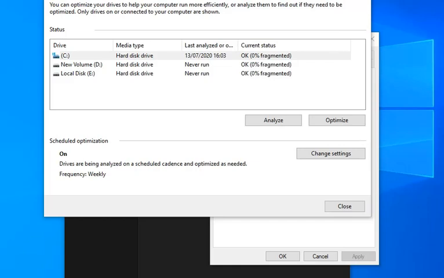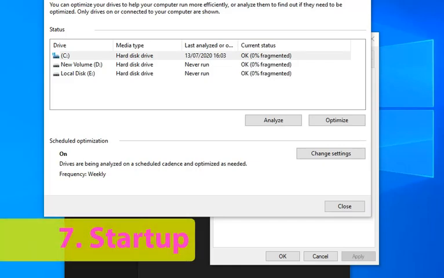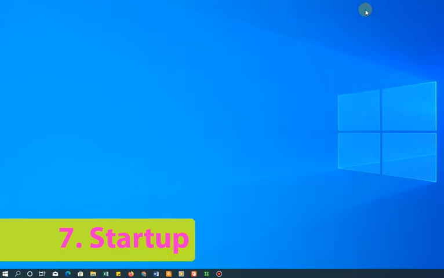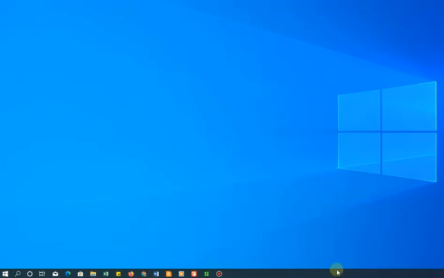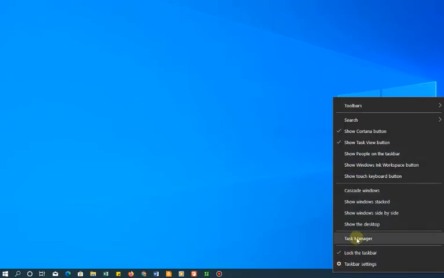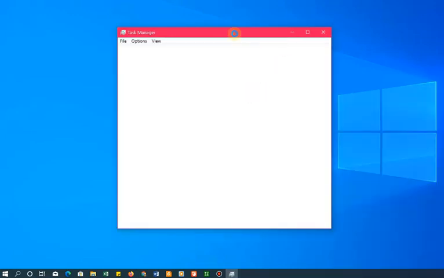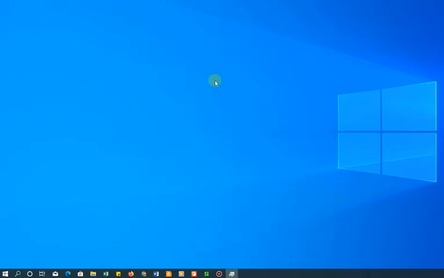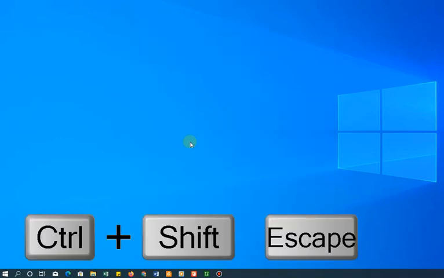So now you want to proceed to number 7. We're going to work on startup apps. So you can close this one and go to startup. One of the ways of getting to the startup is to right click on your taskbar and click on Task Manager. So this is your startup, but the shortest way to do that is to use the keyboard shortcut